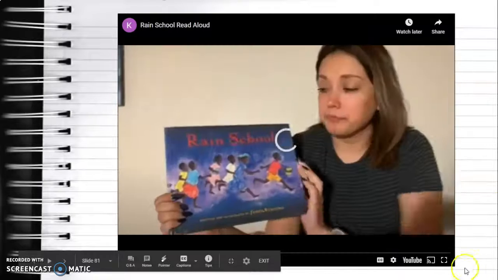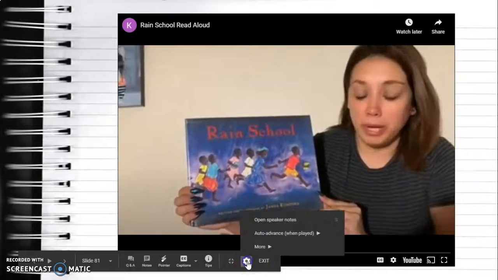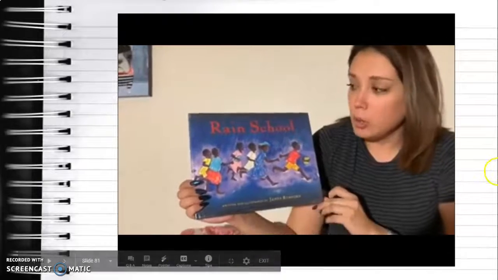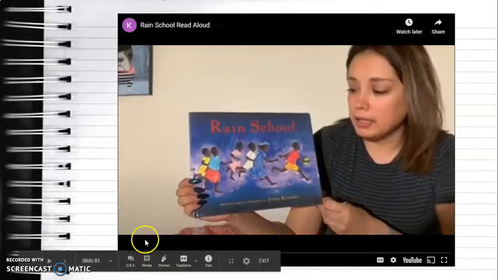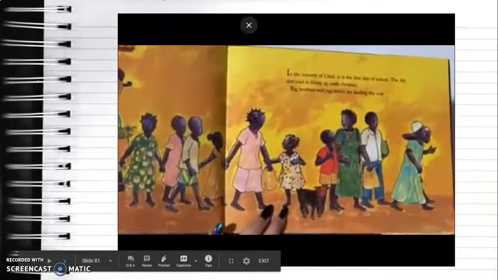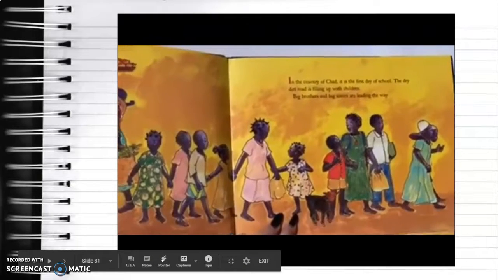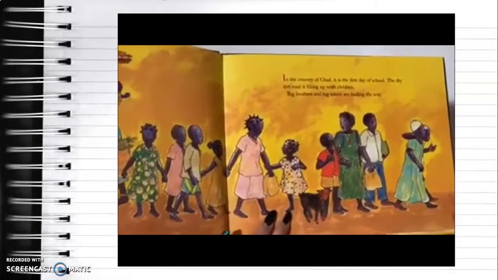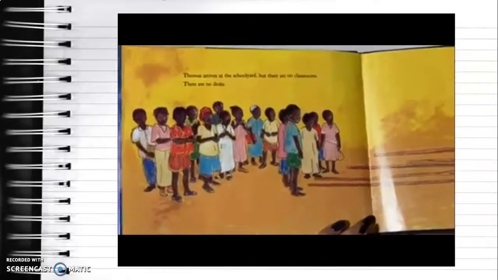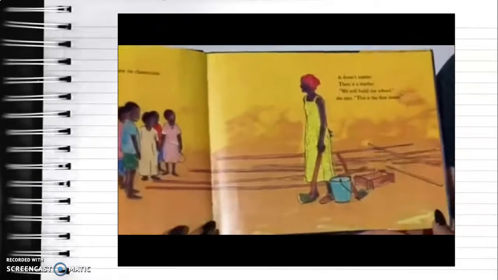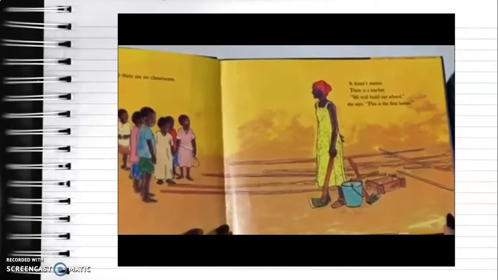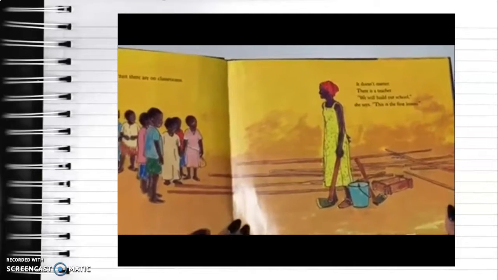There are no desks. It doesn't matter. There is a teacher. We will build our school, she says. This is the first lesson.